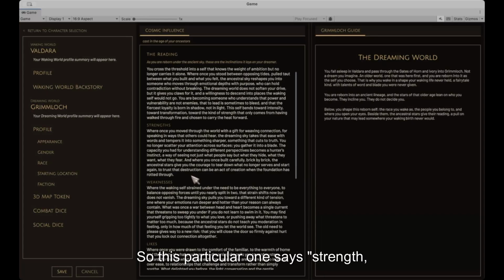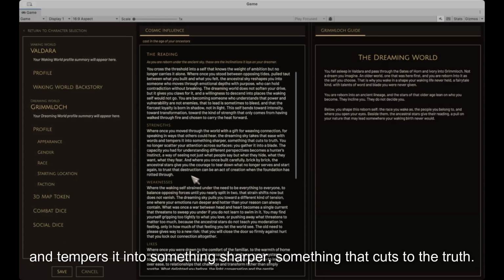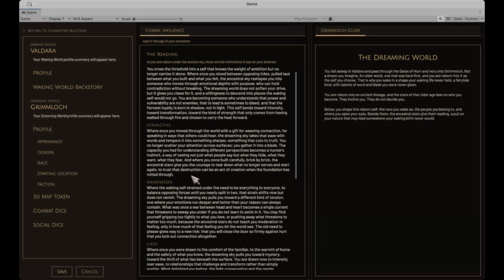This particular one says strength: where once you moved through the world with a gift for weaving connection, for speaking in ways that others could hear, the dreaming sky takes that ease with words and tempers it into something sharper, something that cuts to the truth. You no longer scatter your attention across surfaces, you gather it with a blade.